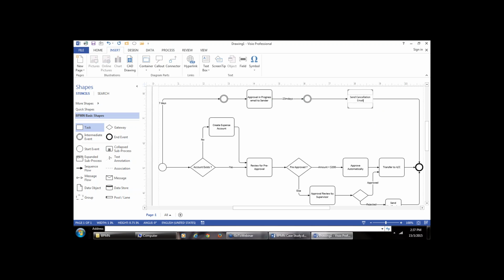Send cancellation email. So this is the entire